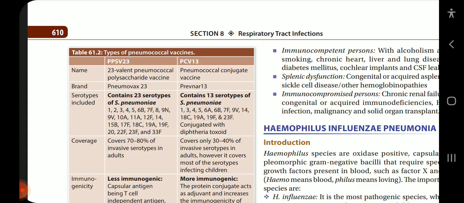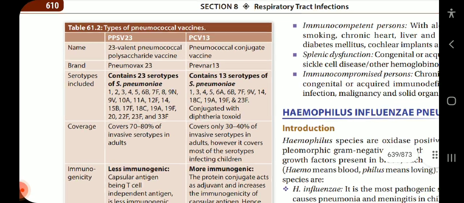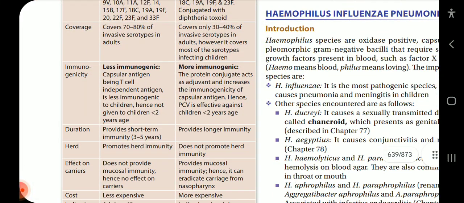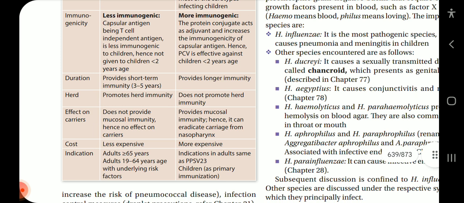PPSV23 is the 23-valent pneumococcal polysaccharide vaccine. Brand is Pneumovax 23, contains 23 serotypes of Streptococcus pneumoniae, covers 70 to 80% of the invasive serotypes in adults. Less immunogenic, provides short-term immunity, promotes herd immunity, does not provide mucosal immunity, has no effect on carriers, is less expensive, and indication for adults is more than 65 years of age and 19 to 64 years of age with underlying risk